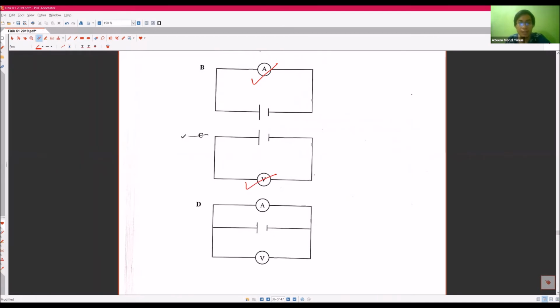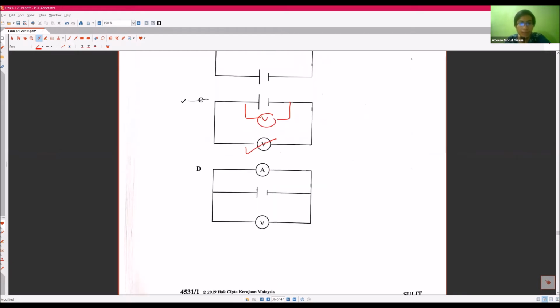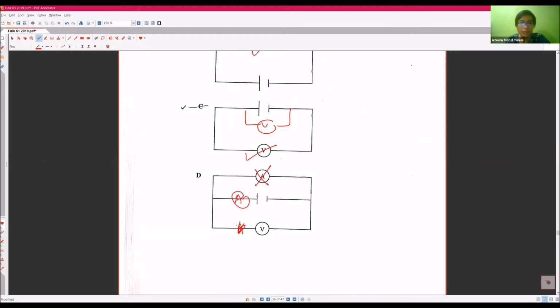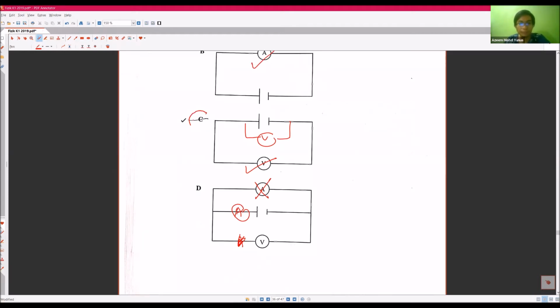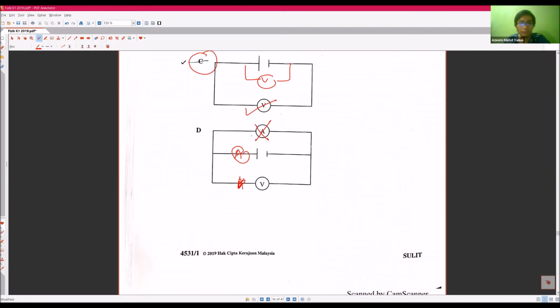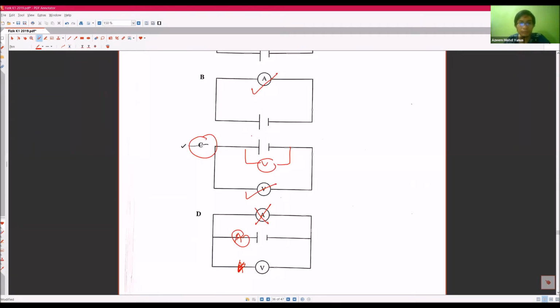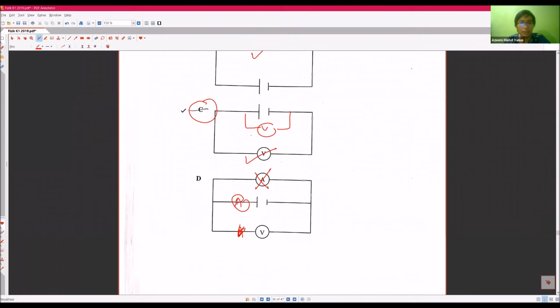Assume that we are connecting it in parallel like this. It's the same. This is wrong. The ammeter should be in series with the dry cells. So the answer is